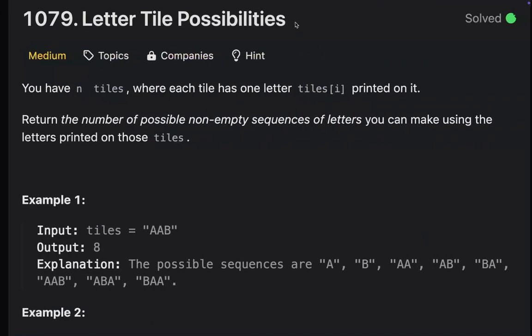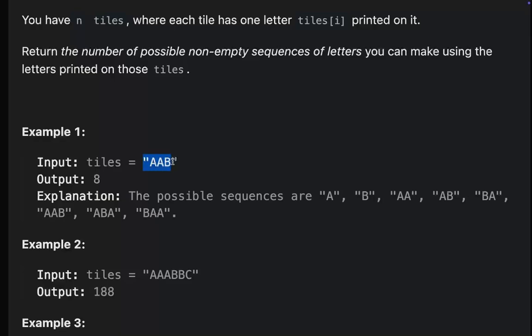Here we go. We have a question, letter tile possibilities. You have been given n tiles where each tile has one letter on it. We need to return the number of possible sequences of letters that you can make. Suppose we have been given this, so we can make single A, single B, double A, AB, BA, ABA, and